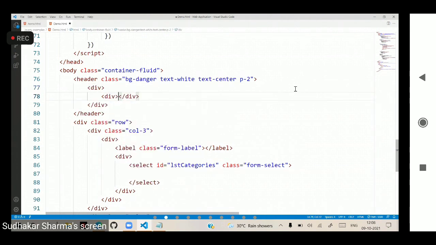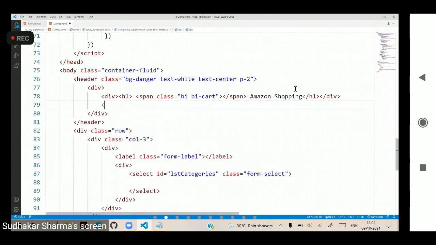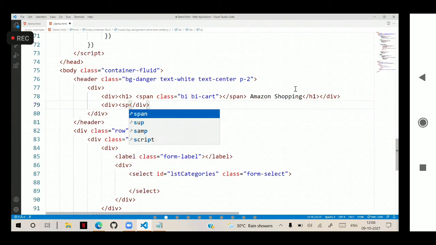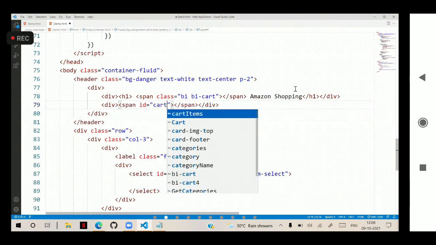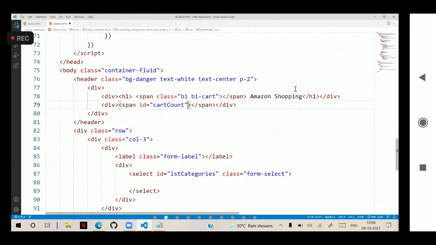In that we have a div and another div. So we will have a span, with an ID as cartCount, and in the span we want to display how many cart items there are.